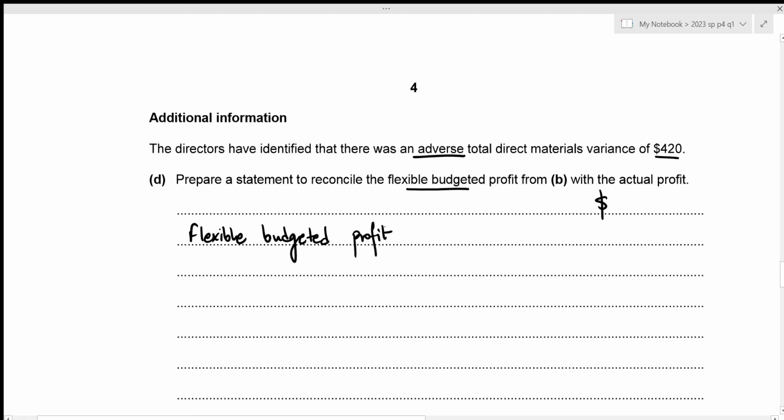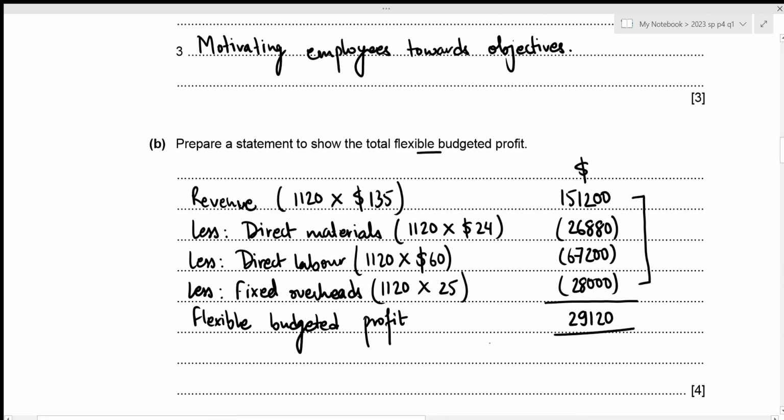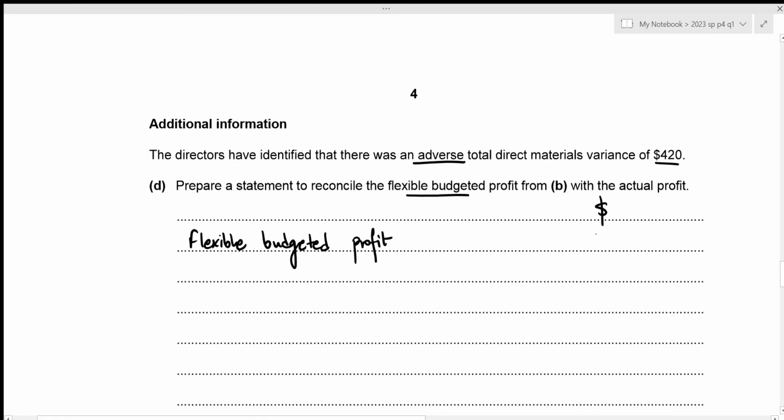Let's have a look at its value. We figured it out in part B and it was 29,120. Let's write it down. Now the next step would be to adjust all of our variances. So the first one we have is total direct materials